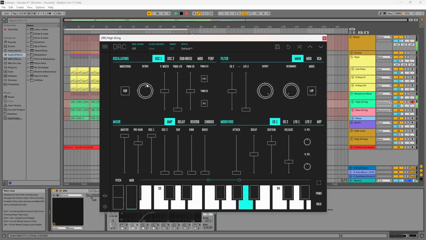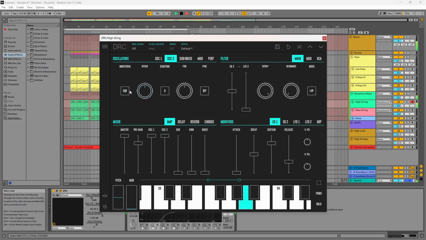First thing we do is change the first oscillator to a square wave and increase the pulse width by a lot. Second oscillator, volume maximum, drop 1 octave and change to a square wave. Now we take the second oscillator out, it was just for reference, and bring the ring modulation up. Next, we change the filter mode from a 4-pole to a 2-pole, increase the resonance for highs, and the envelope generator 2 amount. Next, on the first envelope generator, drop the sustain,